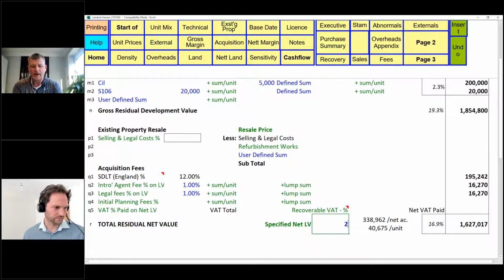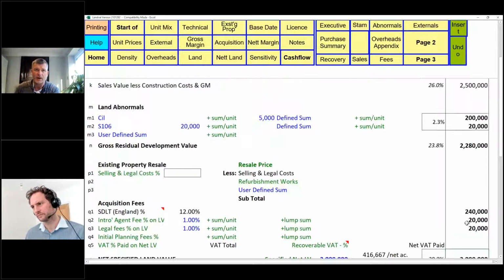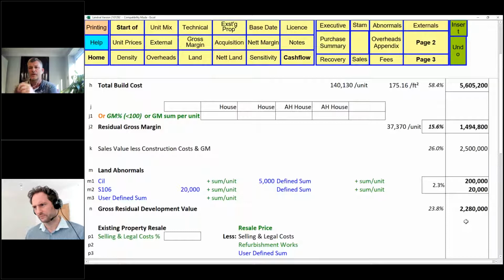So let's park that 2 million. Here we go. We put that 2 million in. We now force that into being our net land value. We can then go back up to the top here and ask, if we had to pay £2 million for this site, what's that done to our gross margin? So our gross margin has gone down to 15.6. And you can go to your boss and say, is that acceptable? He'll probably come back to you and say, absolutely not, it's too risky, I want a bit more margin than that. Or you say, yeah, happy with that, let's go and purchase it, or we can do some negotiation between that. But that's what this is giving you.